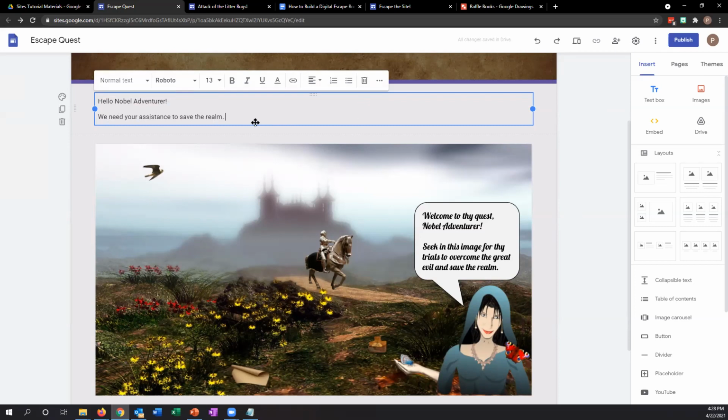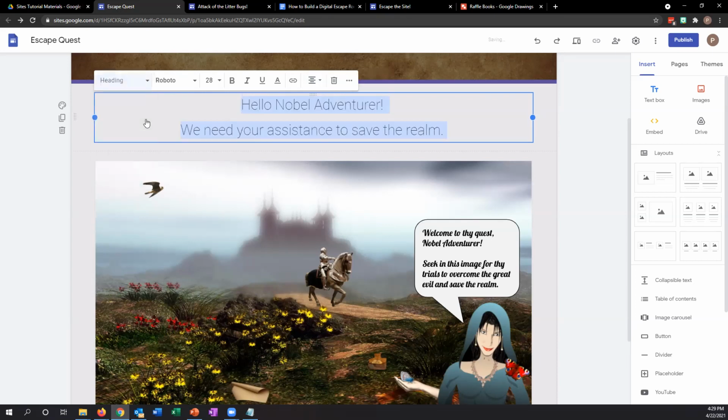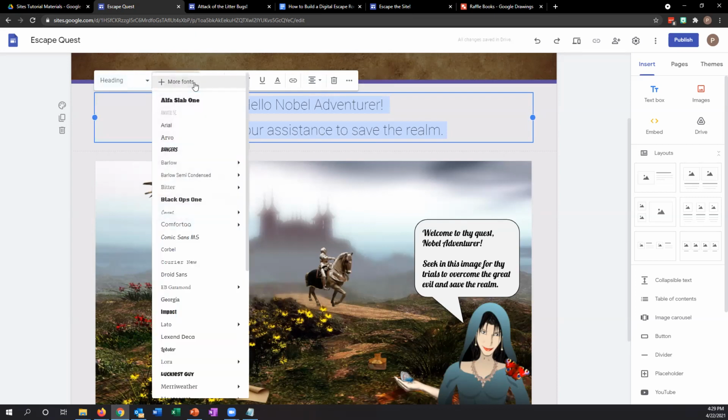All right, so there I have some basic text. I'm going to select all. I like centering things. I think that if I want to catch somebody's attention, put it right in the middle of the page. I'm also going to make this bigger. Right now it's set to a normal text setting. I'm going to make it a heading. And then